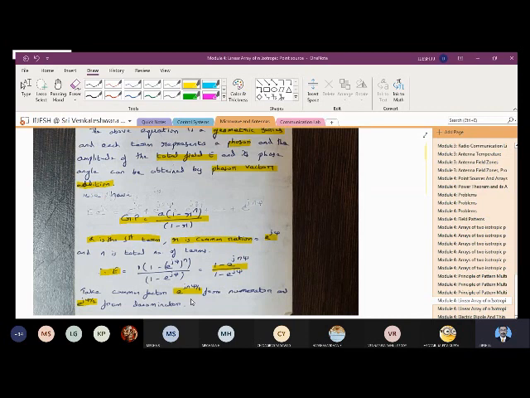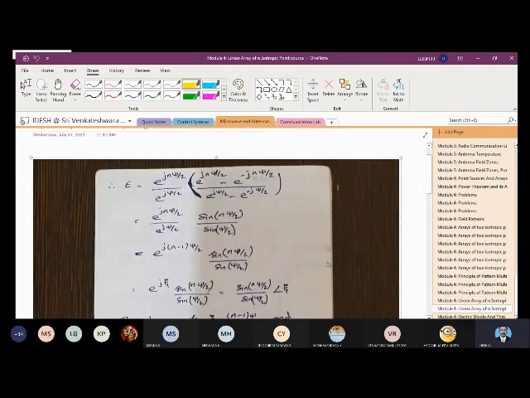Okay. So we got the equation for E as 1 minus e to the power of j n psi by 1 minus e to the power of j psi, and we are going to take the common factor outside from the numerator and denominator. Now we are going to simplify it further. When I took the common factors outside, that is e to the power of j n psi by 2 and e to the power of j psi by 2, my equation gets converted into this form. To get it converted into this form only, we have taken these terms outside.